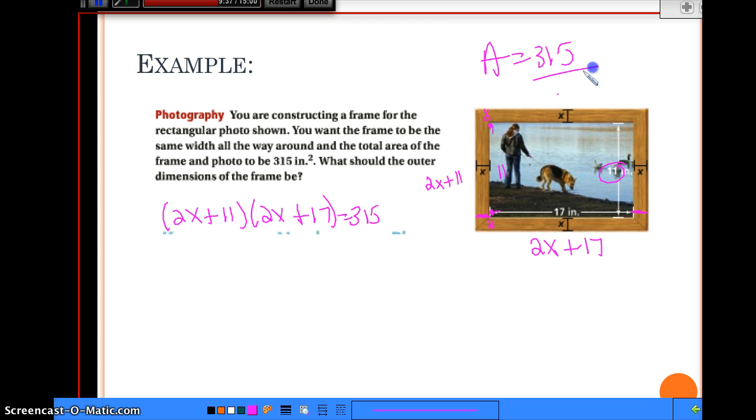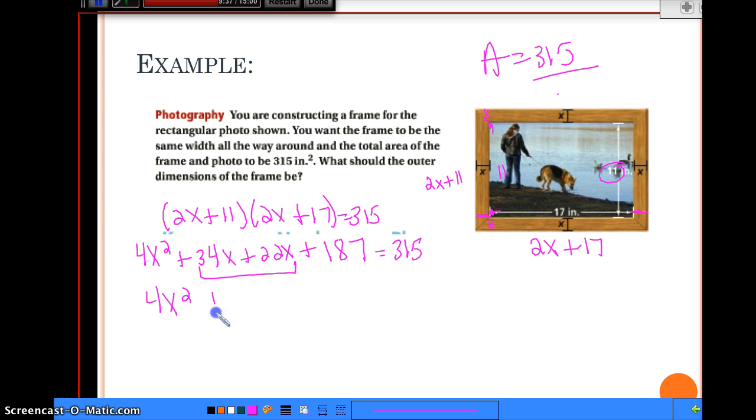So there's my width, here is my length, and I'm going to set it equal to the area they told me, which is 315. This is FOIL, so let's go ahead and do first, which would be 4x squared. Outers would be 34x. Inners would be 22x. And last would be 11 times 17, which is 187. Is equal to 315. So if you add these together, we get 4x squared plus 56x